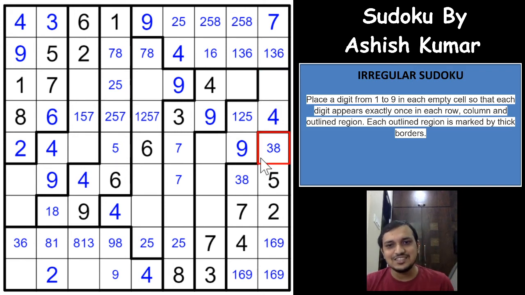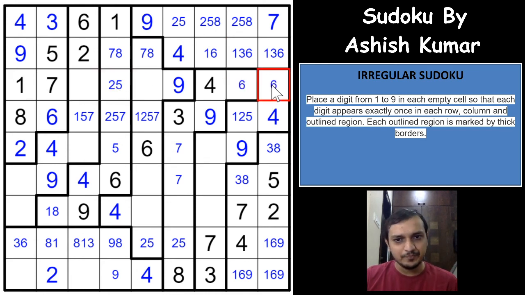There's an excellent logic here, friends. Awesome logic, I would say. So if you see here, the first three columns, I mean to say last three columns, 6 has to be in one of these three cells, right? In this third row, 6 cannot be here, 6 cannot be here, 6 cannot be here. 6 has to be in one of these two cells. And in this region, 6 has to be in one of these three cells, right? So if you have a 6 here, you will have a 6 here, and you will have a 6 here. If you have a 6 here, you will have 6 in one of these two cells, which means you will have a 6 here. Which means that in the last three columns, we have already marked all the 6s here.